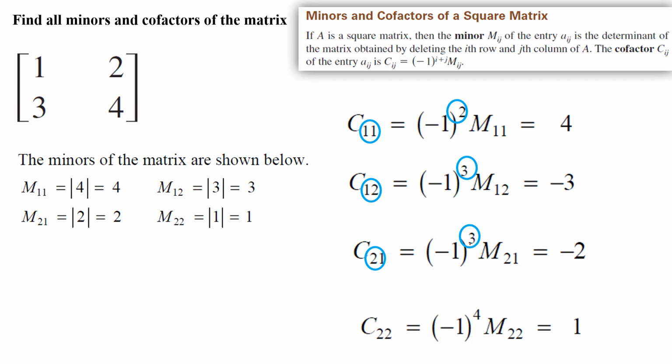And finally, the cofactor for the second row and second column is equal to -1 to power 2 plus 2, which is 4, times the minor for the second row and the second column, which is 1. So 1 times 1 is equal to